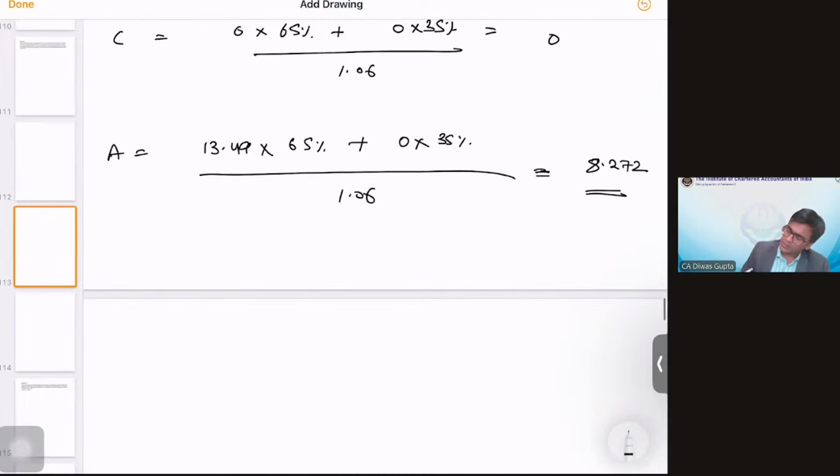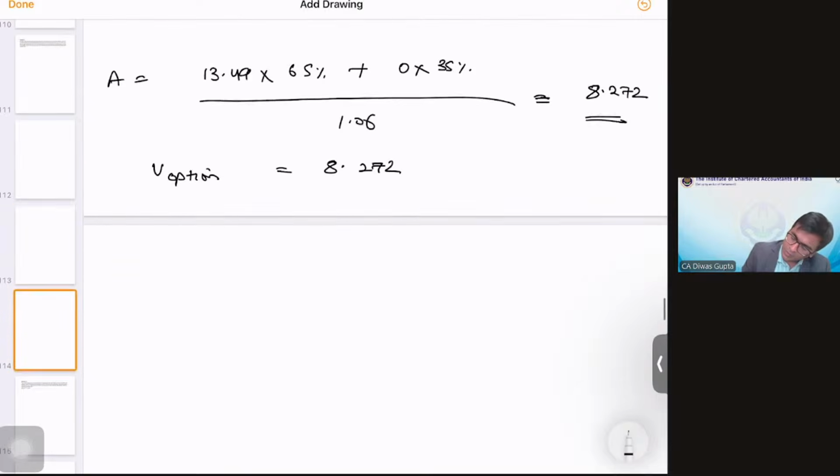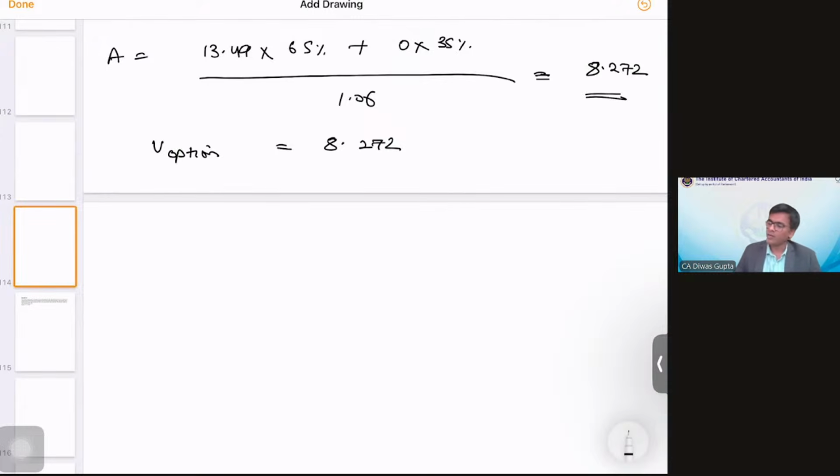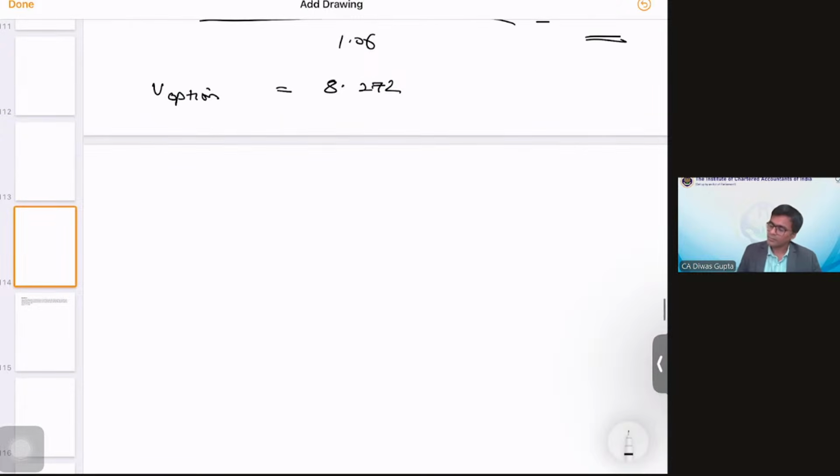So the value of the option is 8.272, and if I quickly want to put it in the tree, it will be,